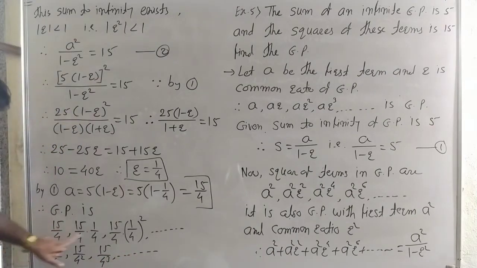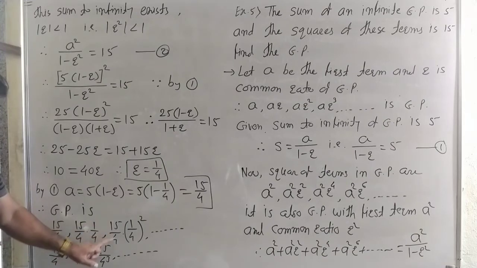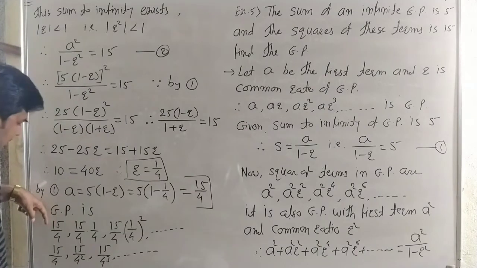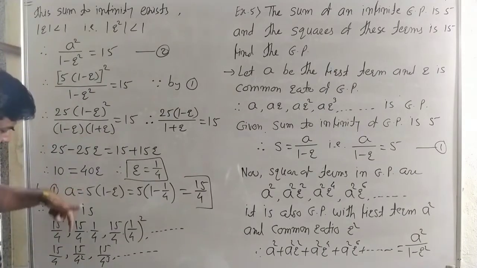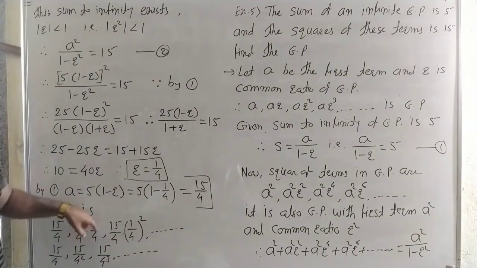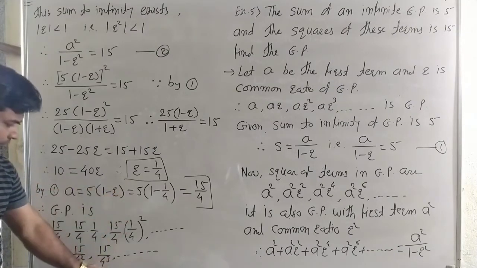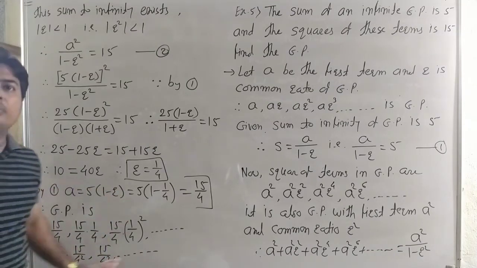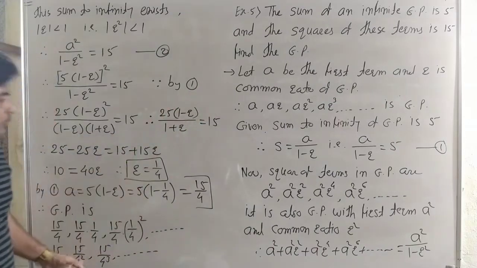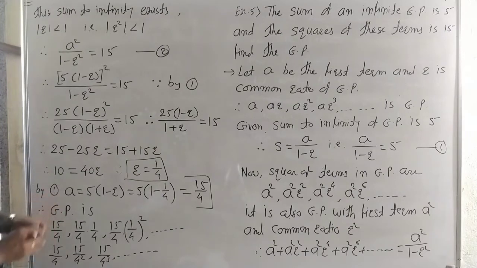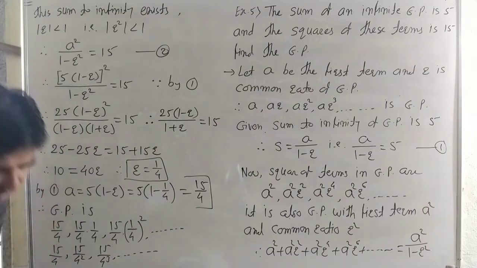Here it is a geometric progression, 15 by 4, 15 by 4 into 1 by 4, 15 by 4 into 1 by 4 square. Putting in the values, the first term is 15 upon 4, second term is 15 upon 4 square, third term is 15 upon 4 cube, fourth term is 15 upon 4 to the power 4, up to infinite. It is a geometric progression. See carefully and check all the calculations. Okay, now we see